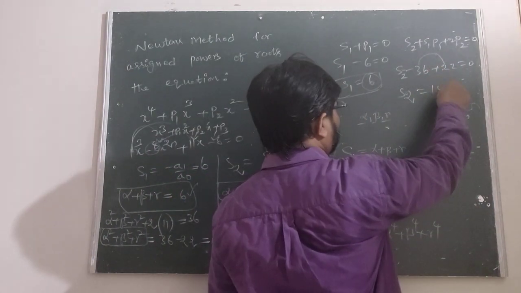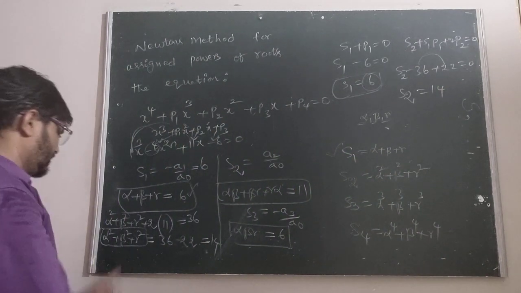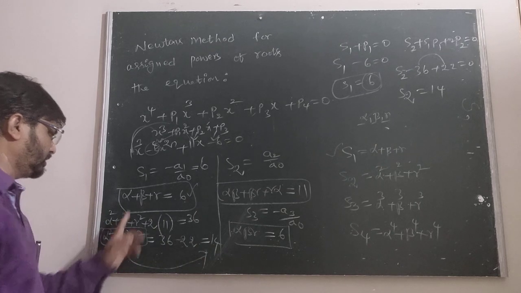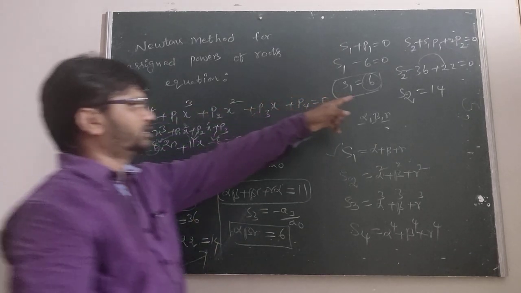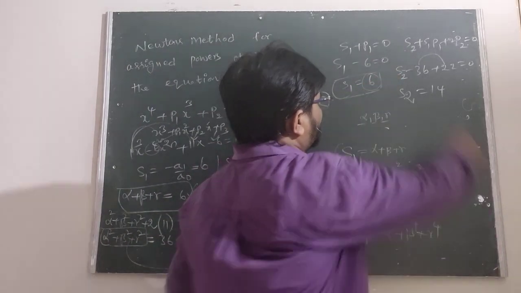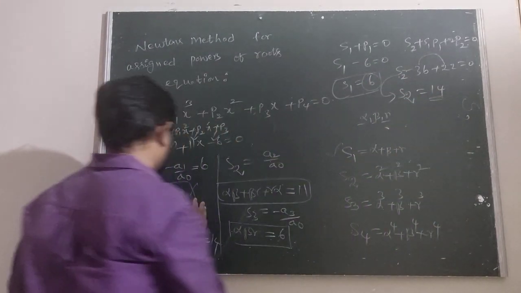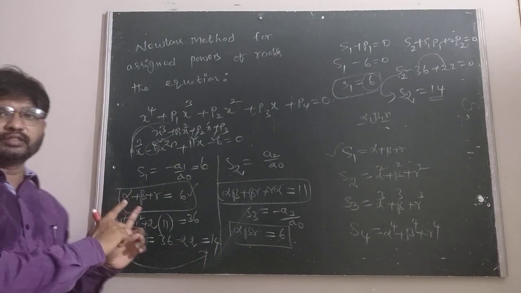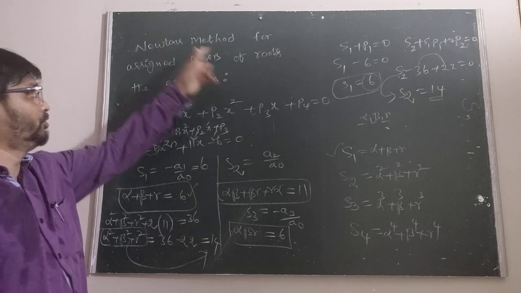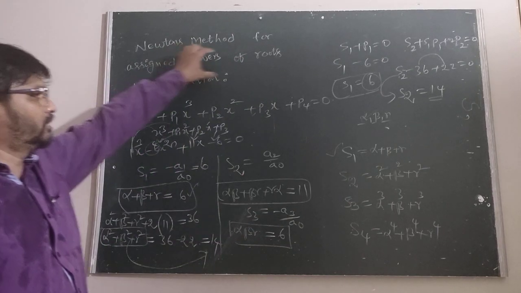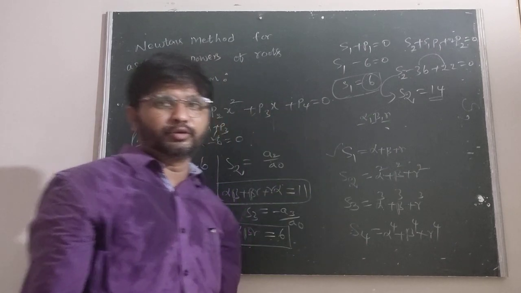Therefore sending the minus 14 to the other side, plus 14. We know that alpha square plus beta square plus gamma square, generally we know that after squaring on both sides we got 14. This is Newton's method to find S2, which is simply 14. But this is the method of relation between the roots and coefficient. So this is the method to find S1, S2, S3 by using Newton's method.